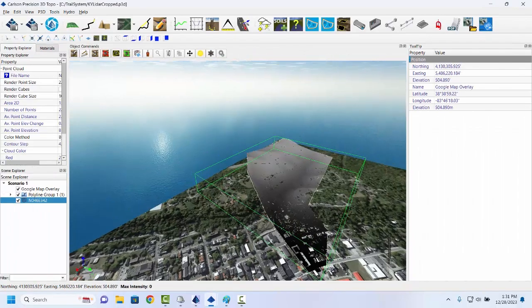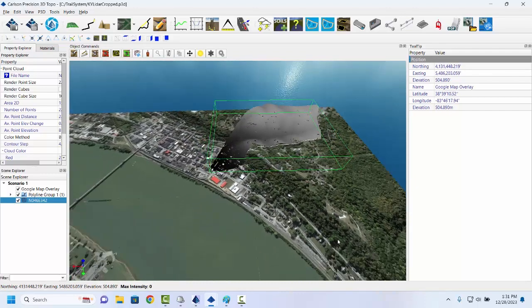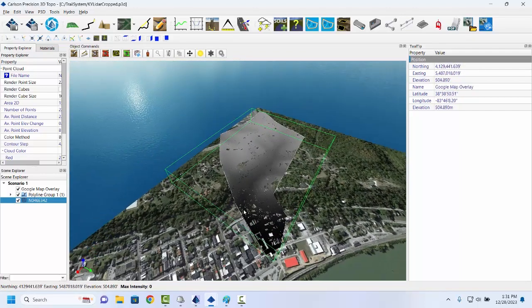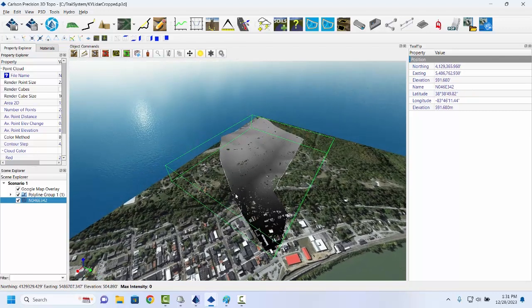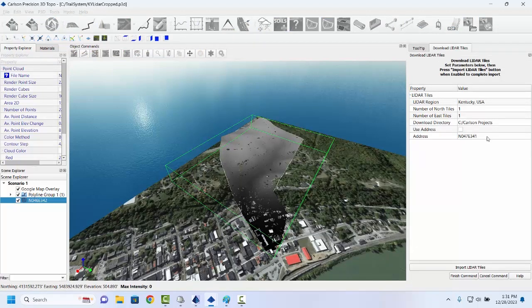occurred. We started in P3D. Here's the Ohio River. Here's downtown Maysville, and the area of interest is shown here. Now what we did was we used a special command specific to Kentucky where we can download and import Kentucky LIDAR files. And if you know the map that applies, you can enter it, the tile that applies to your